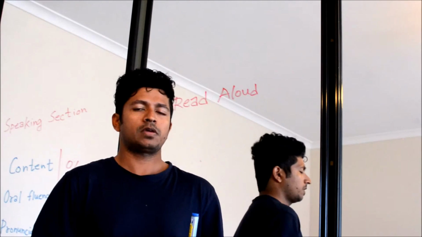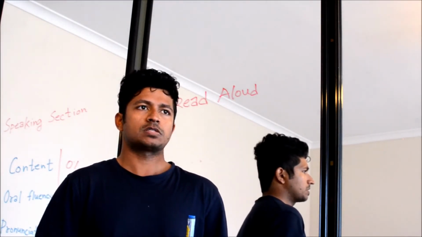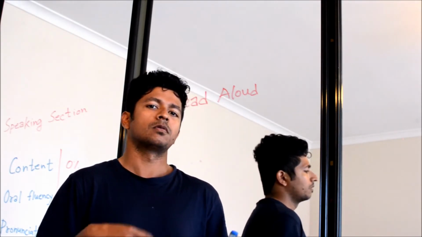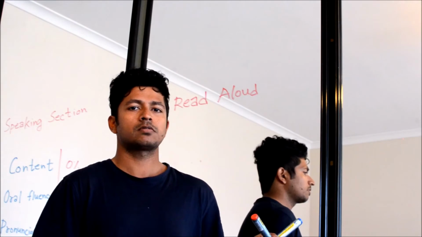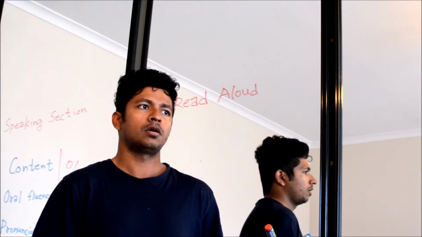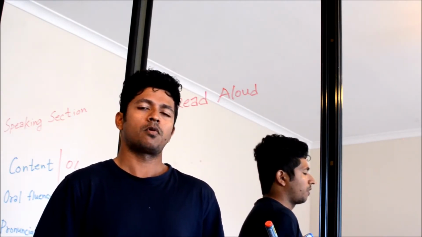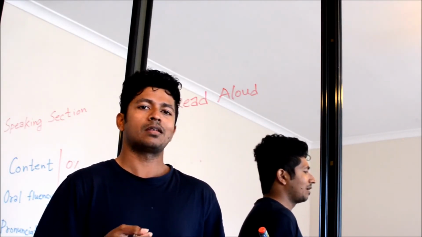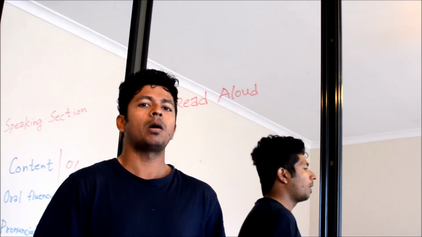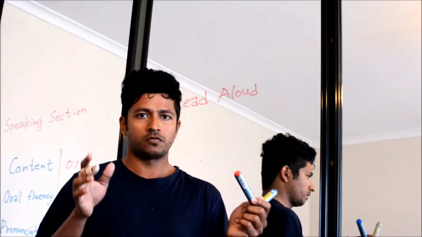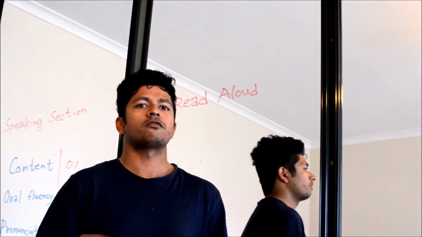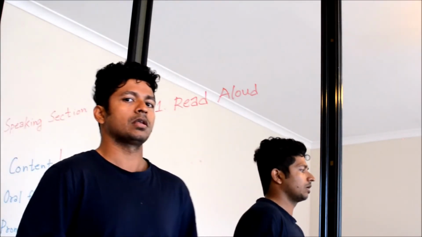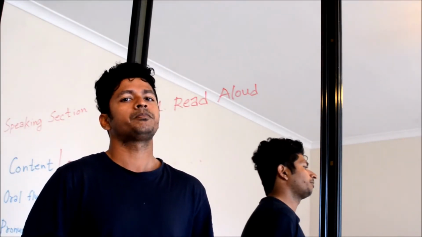For the read aloud section, you first get 30 to 40 seconds to have a look, and then again 30 to 40 seconds to read aloud. So in the first few seconds you have to look for the difficult words for pronunciation and get them correct. It's also important how you take the pauses. If there is a comma, you have to stop. If there is a full stop, you have to stop completely. If there is a question mark, you have to ask, like that. It should be very easy, but in this section they check your pronunciation.